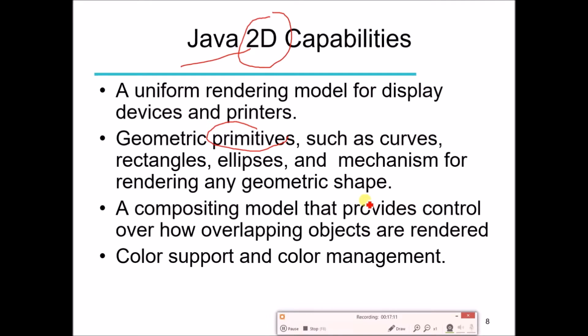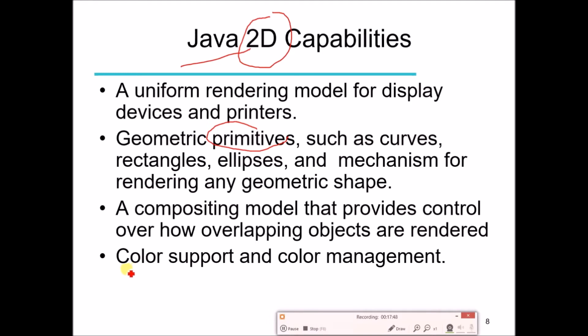You have to just provide the information about the object, where to draw these objects, and what colors are there for these objects. If some object is in the foreground and another object is in the background, and the foreground object is partially overlapping the background object, then we are not going to see the background object completely. We are going to see the complete foreground object and part of the background object, but which object and which part is visible is taken care of by Java 2D.